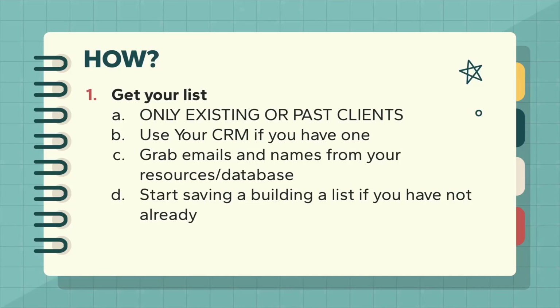So it's normally not an issue, but you'd be surprised. So grab the emails, grab the names from your resources, from your databases, whatever you've got, and then start building that list if you don't have one already. But if you do, download it, convert it into a CSV file, just export it. Every CRM has a way to do that. Normally it's a little button, like an arrow, or it just says download. And so you can download the list, and you're going to capture that list.